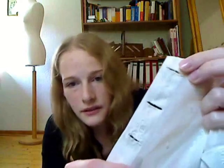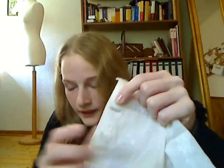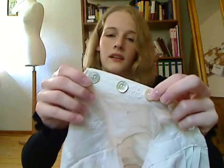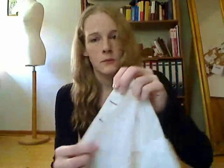And I have to admit one thing, I messed up big time. As I said, I wanted to do the buttonholes, which I did, and now I have to open them up again, because as you can see, those are more slits, and when I button them, the fabric is kind of sticking out because they are slits, but I attached the buttons in a way that would require a more rounded shape of a buttonhole, so I have to cut these open again, make them a bit more round, and then